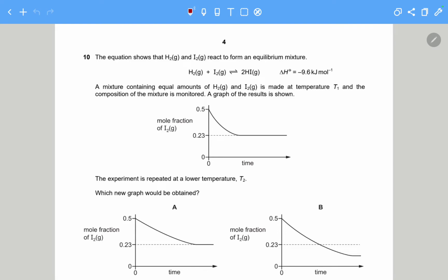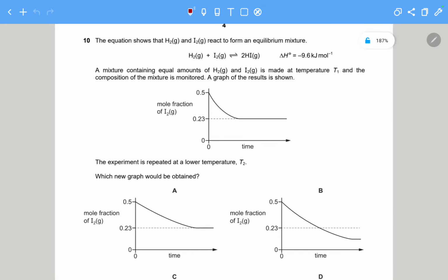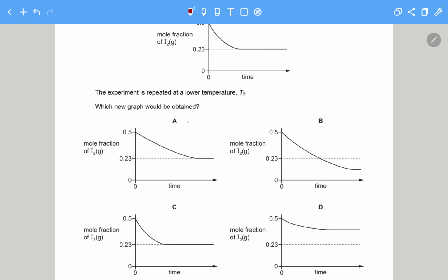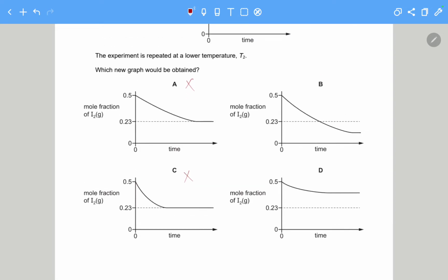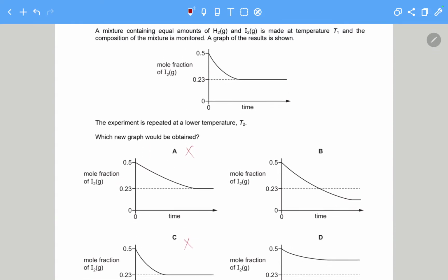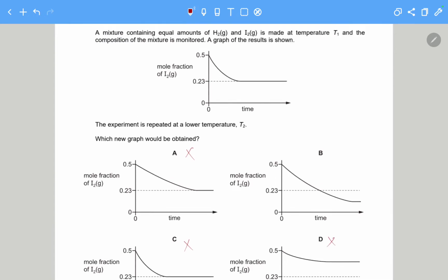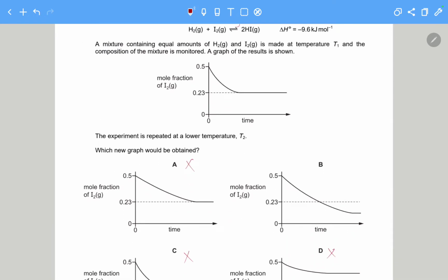So before we look at the graphs, let's look at the principle they're testing. They're testing Le Chatelier's principle because they've said they have lowered the temperature, and we know that a decrease in temperature favors the exothermic side of the reaction, which is the forward reaction, which means we expect more iodine to be consumed, and therefore we can say that option A and option C both are wrong because the same amount of iodine is consumed, and option D is also wrong because less iodine is consumed, because we expect equilibrium to shift to the right, and